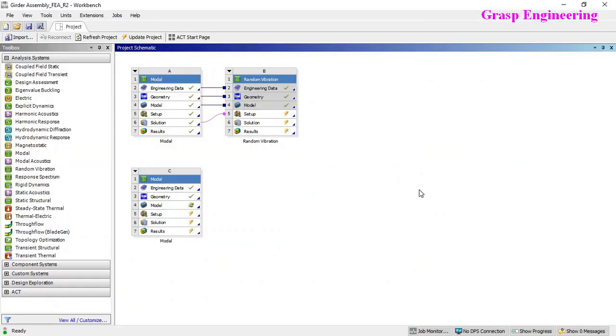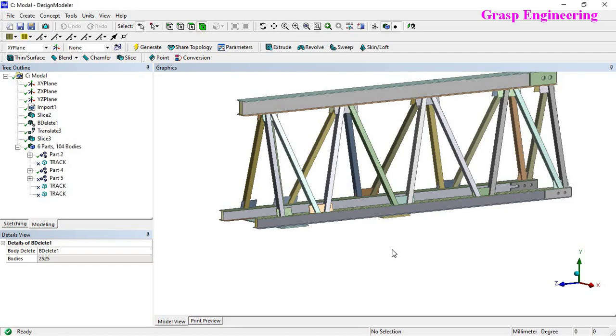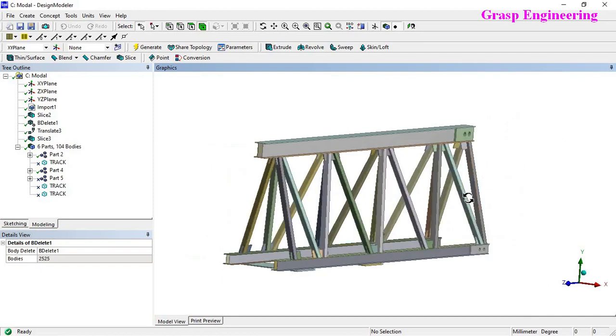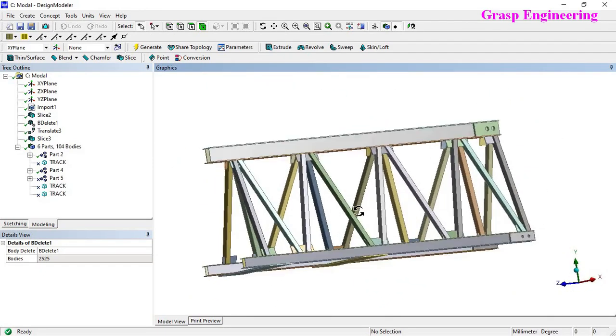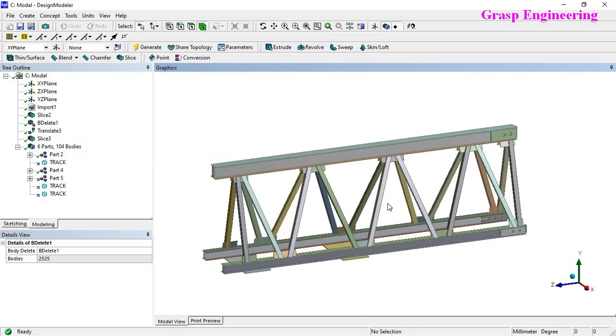So this is our ANSYS window. Here you just need to copy your model analysis and drag it over here, from the analysis system. I already copied this over, so just double click to enter inside your Design Modeler. You can do the geometry cleanup either in Design Modeler or even in SpaceClaim, so whatever license you have, you work accordingly.